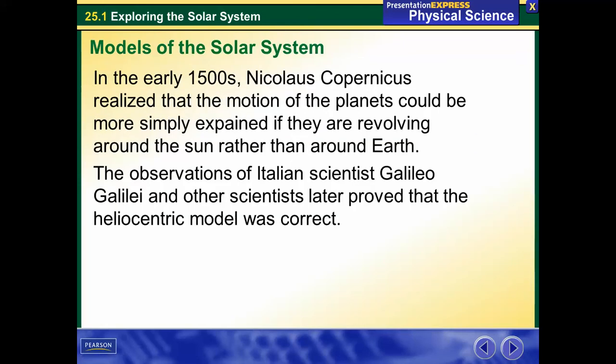In the early 1500s, there was a guy, Nicholas Copernicus, who realized that the motions of the planets could be more simply explained if they were revolving around the sun rather than around the Earth. Again, in the activity we're going to do, they talk about how they came up with all these crazy things. I can't remember exactly what the orbits were called, but all of a sudden planets would be going in a perfect orbit, then they would do a little loop-de-loop within their orbit. So there were all these complicated explanations within the geocentric model, but Copernicus is like, listen,